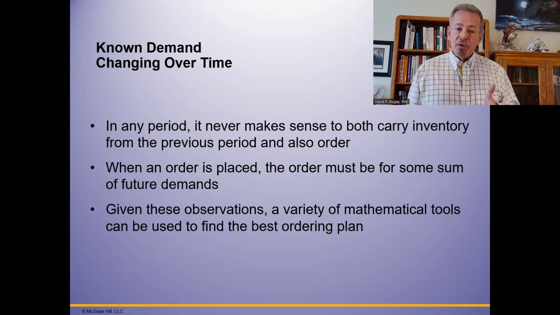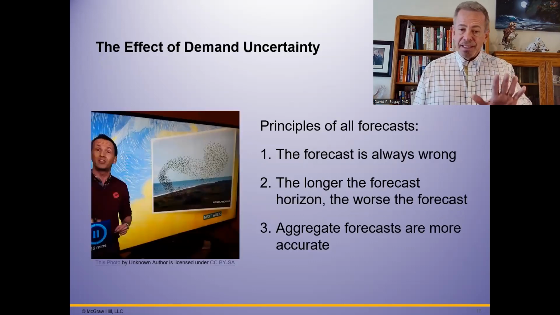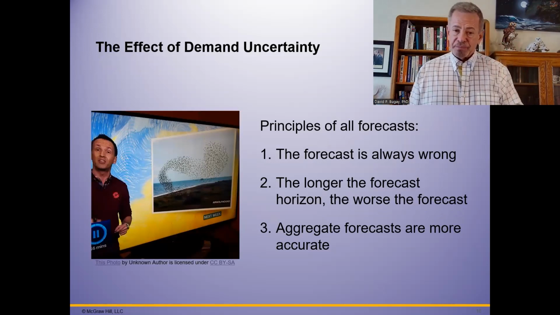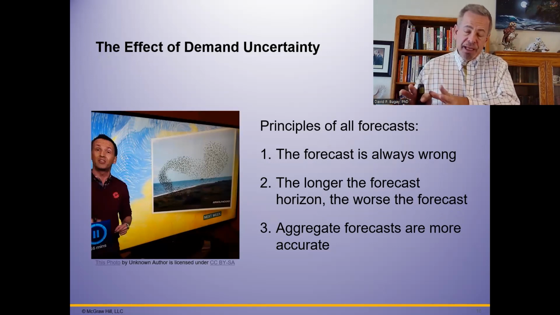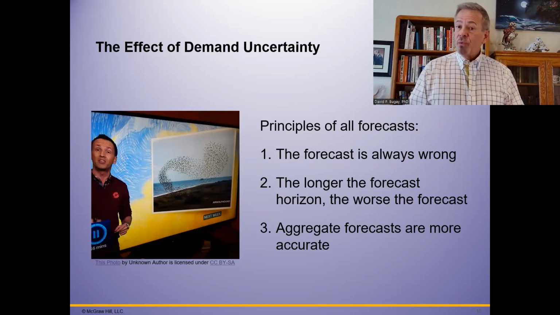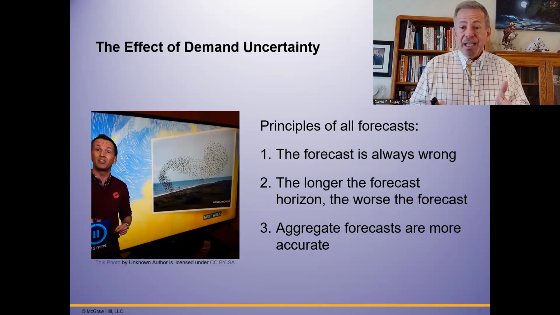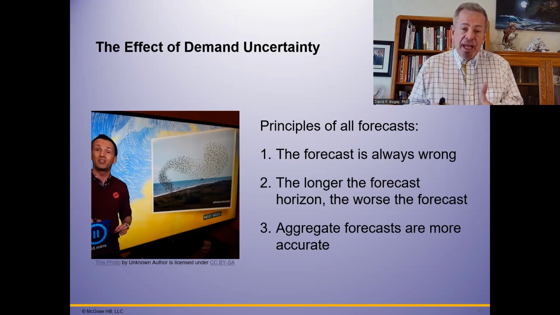So when an order is placed, the order must be for the sum of the future demands on your product. That being said, here are 3 rules you have to know. When somebody makes a forecast, make the assumption it's always wrong. In the way I use forecasts for strategic planning, I focus on a window of 3 years plus. For planning purposes, you only have to be 80% accurate in 3 years. When it comes to forecasting for marketing, if you're 80% right for 1 year from now, life is good. So it depends where you're at in the process.